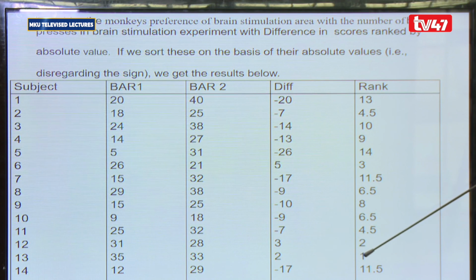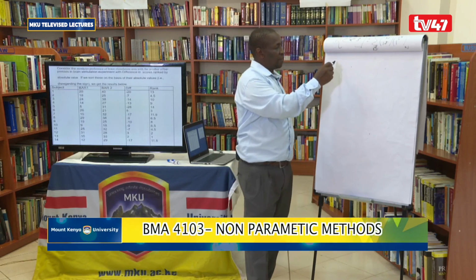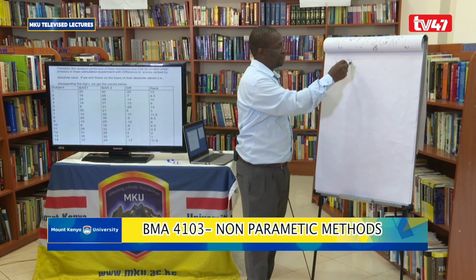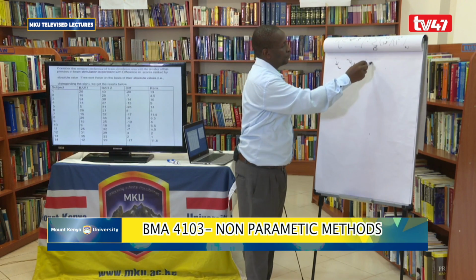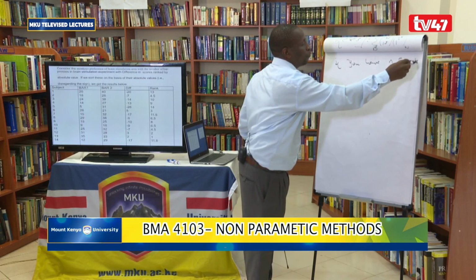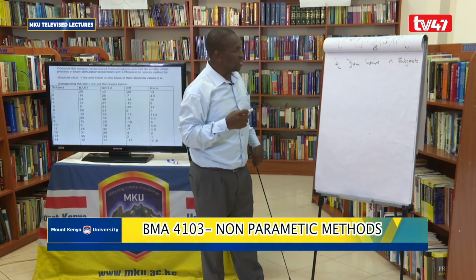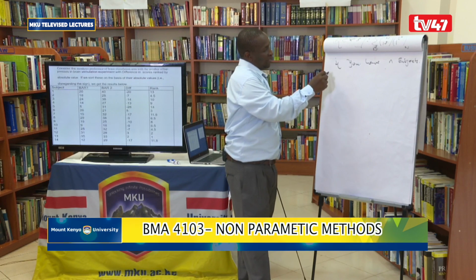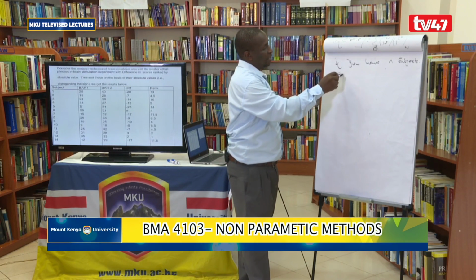So the sum of the positive ranks is 1 plus 2 is 3, making 6. The idea behind the Wilcoxon signed-rank test is that if you have n subjects or observations, and suppose we take